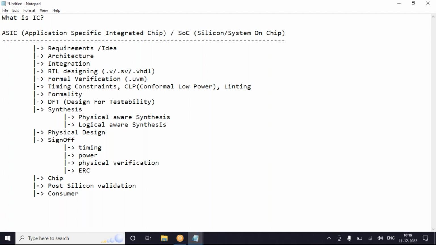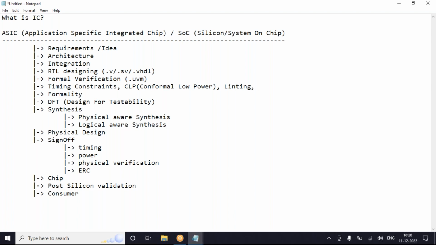You will verify it and give feedback, and I will update my RTL code. In this linting stage, we verify whether the behavioral code is synthesizable or not. First step. Second step, it will also check for any combinational loops. They should not be present. Connectivity wise, it will check whether every pin is connected or not and give you feedback. If any update is required, the RTL people will update accordingly.